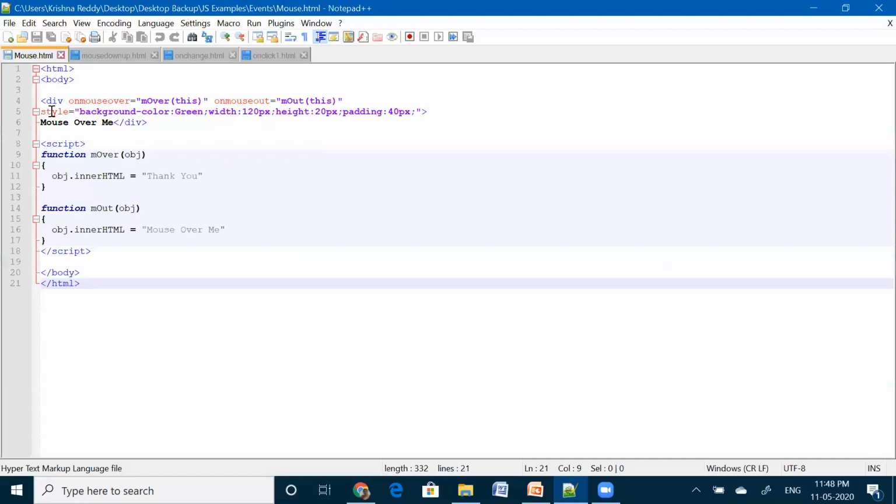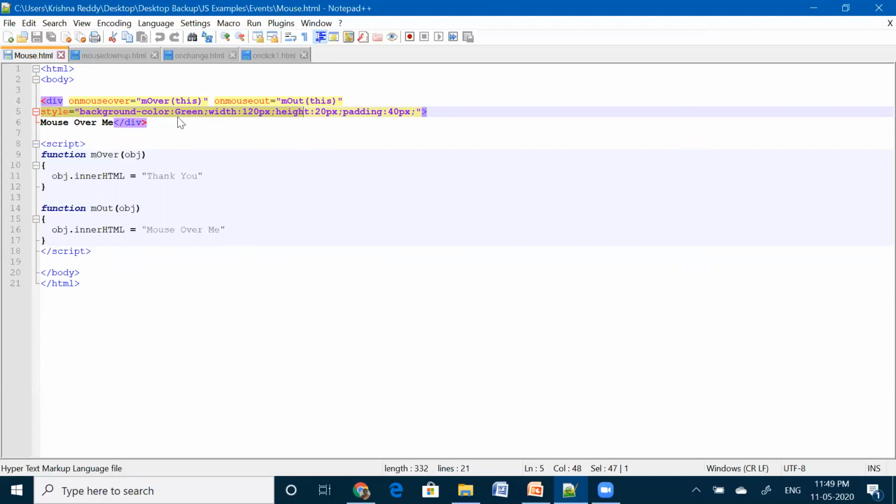First of all, I am creating one background color area. I am creating one style on the web page. Some area I am coloring with green color. That area's width is 120 pixels and height is 20 pixels on the web page. With those coordinates, I am creating one area.